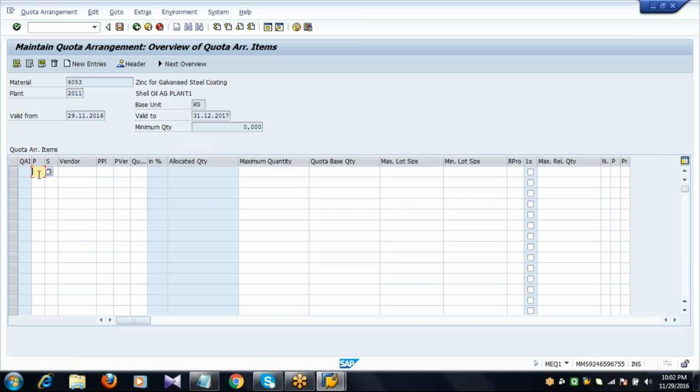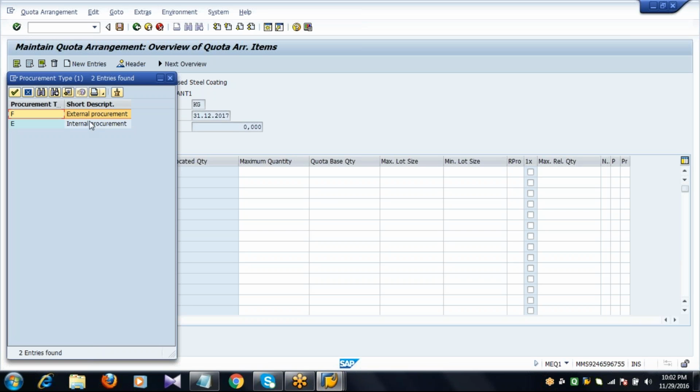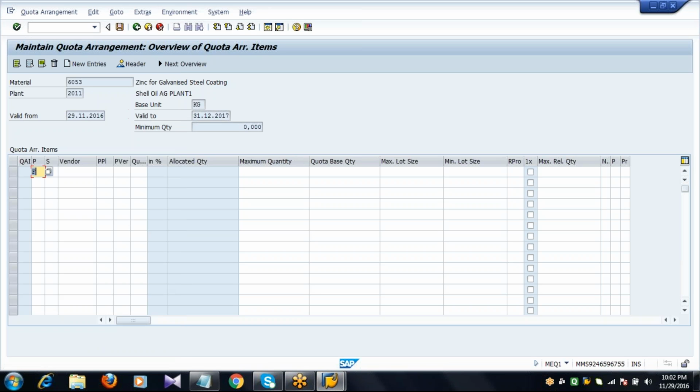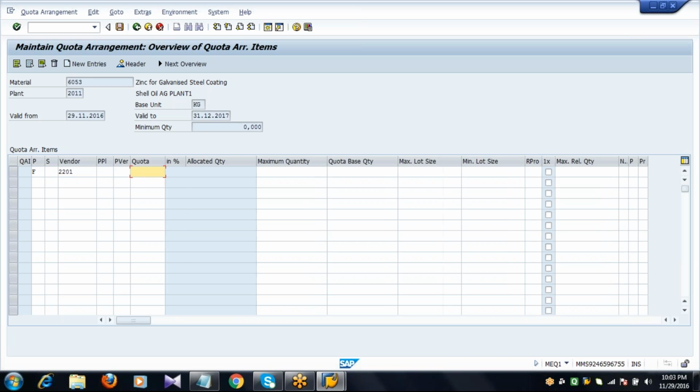P refers to procurement type, and here the procurement type is F, external procurement. Enter the vendor. And quota, I'm giving it as 1.